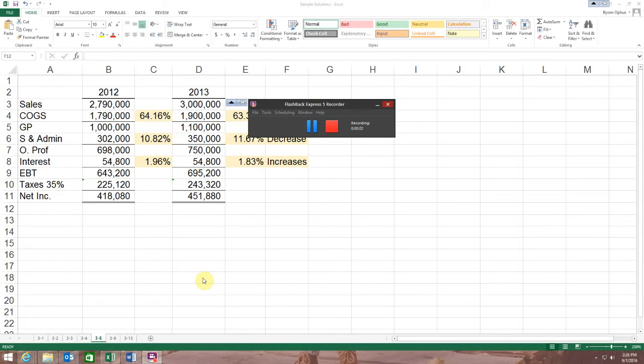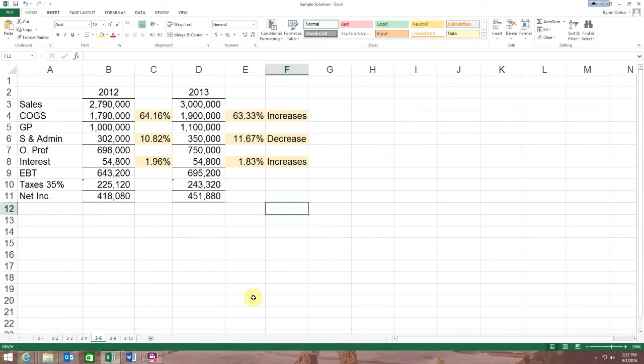Problem 3-7, and mine's labeled 3-6 because I used the data from 3-6 to do a problem that's similar to your 3-7, where basically we have a short income statement, and then you're to answer the question for each year: compute the following and indicate whether it is increasing or decreasing profitability. So what has it done to affect profitability, based on the changes? Like I said, I've made the statements the same. Of course, I have different numbers, and